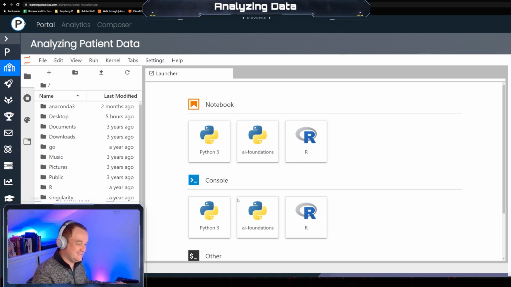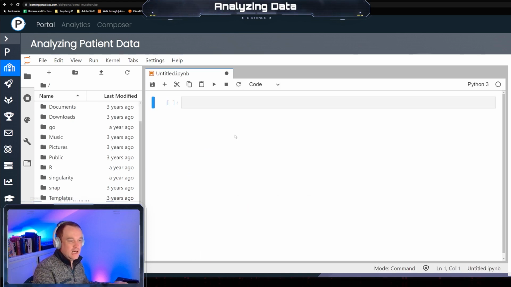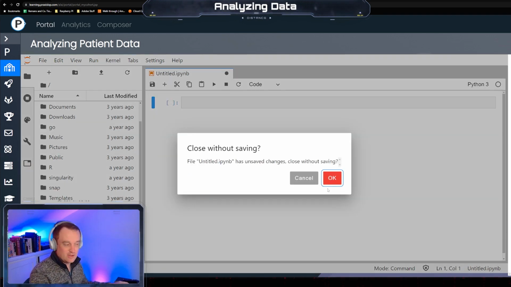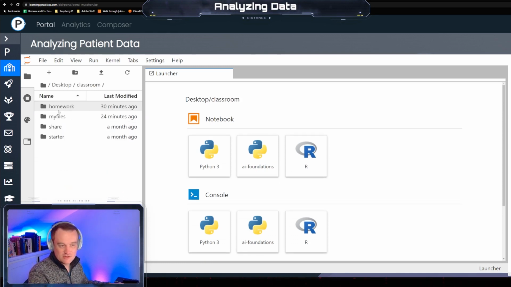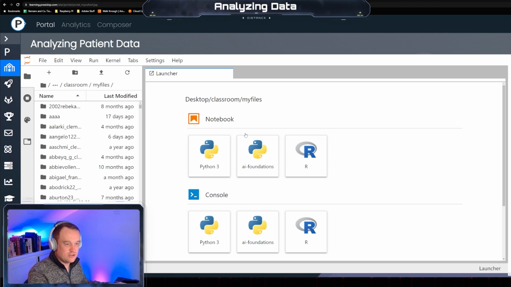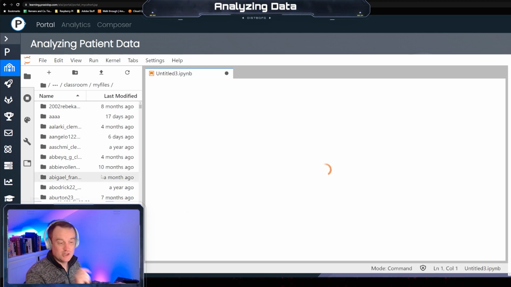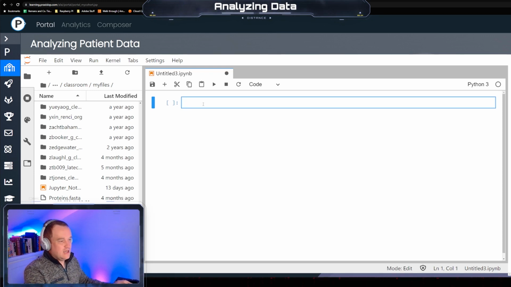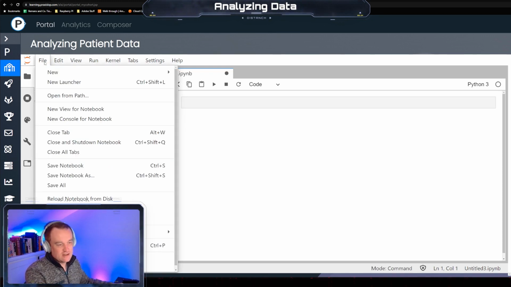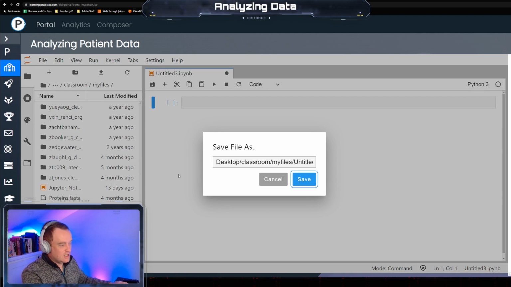So let's open a Python 3 notebook. First things first, desktop, classroom, my files. Make sure you're in your my files directory. Then I'm going to open it because it'll be here. And I guess I can save my notebook already. I'm just going to save this as analyzing